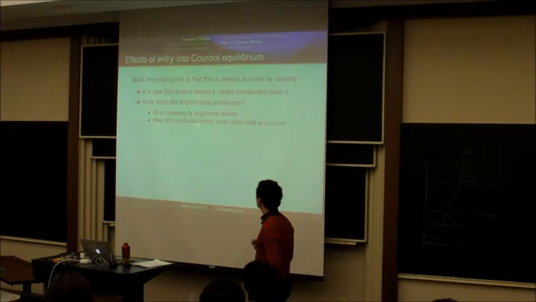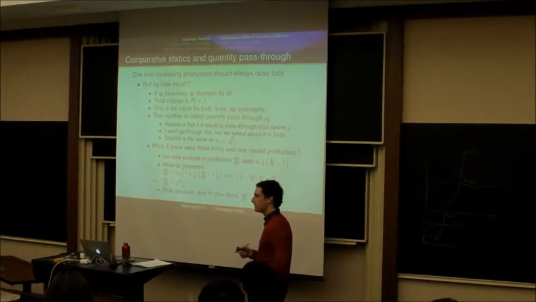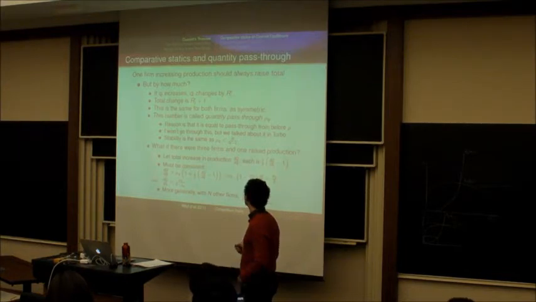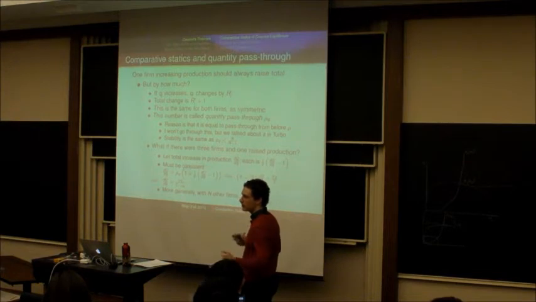The point is that if the new firm is going to produce something, it must raise the total production of the industry by the amount we derived here. Yeah, go ahead. I have a question about the last line where you have the term n over n minus 1. In the line before that, you have the number 2, but I don't see how that makes sense given that n is equal to 3. No, so this is the number of firms before the new firm enters. So you could also make this n plus 1 over n if you want to think about the